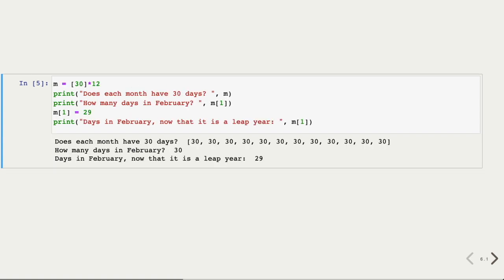To quickly create a list of many data values, you can simply multiply a list by a number. Here, for example, you have a one element list, 30, and when you multiply it by 12, it becomes a list of 12 items with the same value. You can then change the value of a specific item by using the indexing we discussed earlier. For example, M square bracket 1 references the second item in the list, which can be used for the month